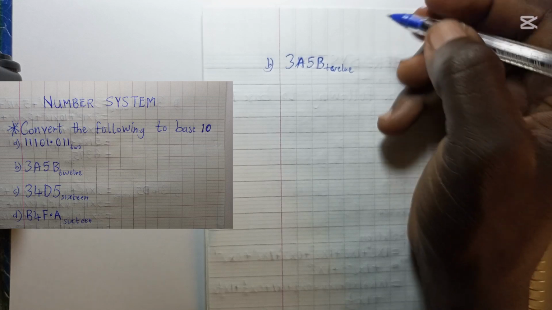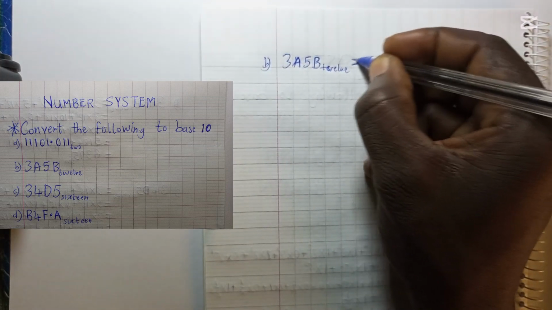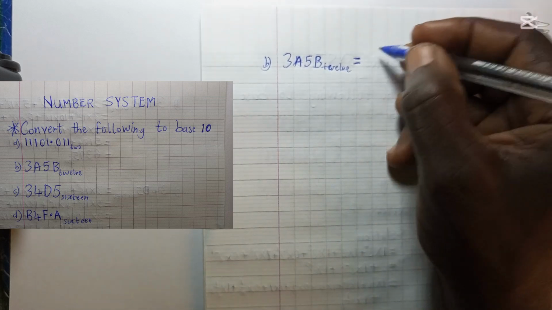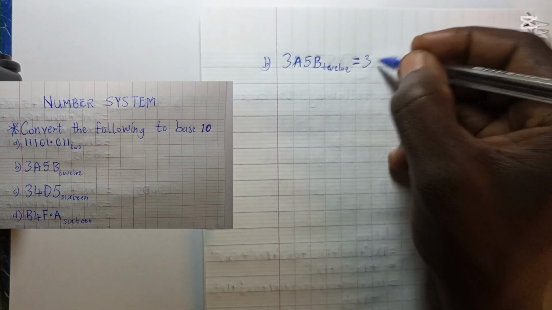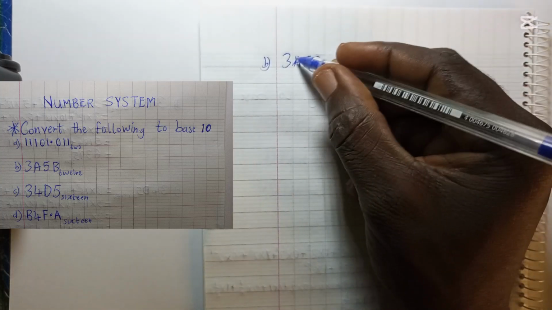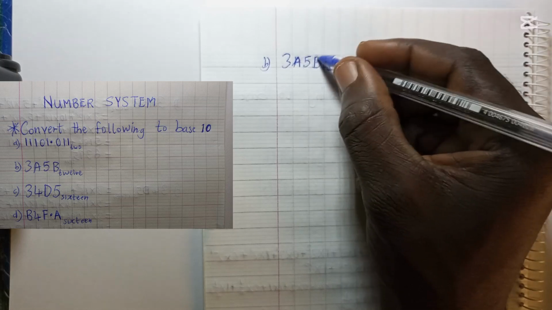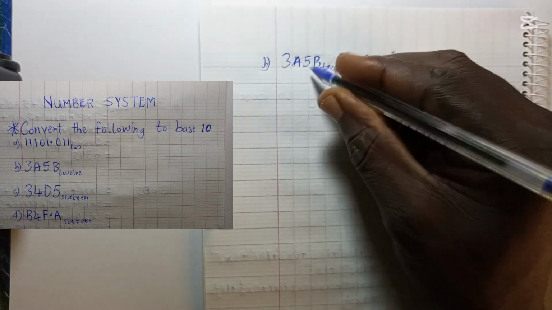I'll show you using the same expansion method. Take 3 times 12 raised to power, how many digits do we have at the back of 3? 1, 2, 3. So raised to power 3, plus A